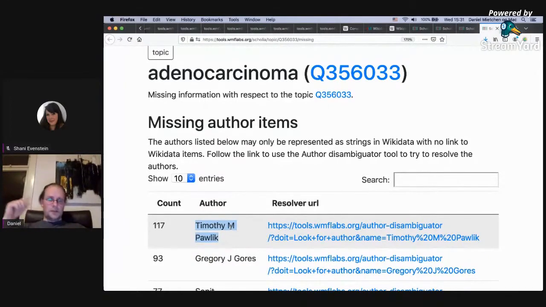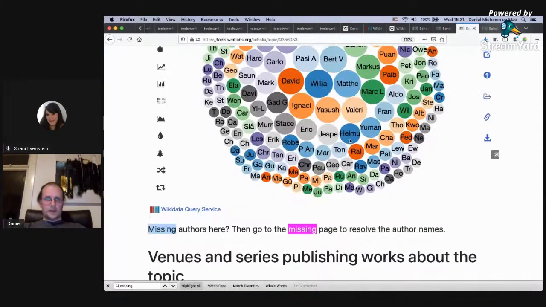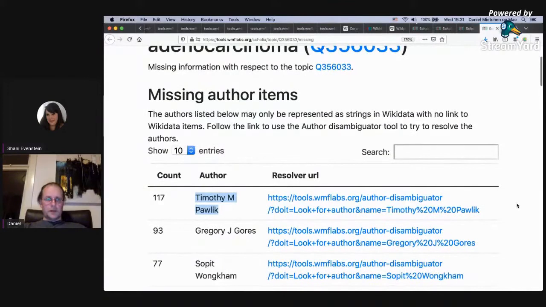And then these Wikidata entries would show up in graphs like this as the prominent people who are publishing on the topic. And so here we have a really important mechanism: we know some of the things we already don't know. So we know some of our gaps, and that can actually help with curating the information, keeping the data quality high,